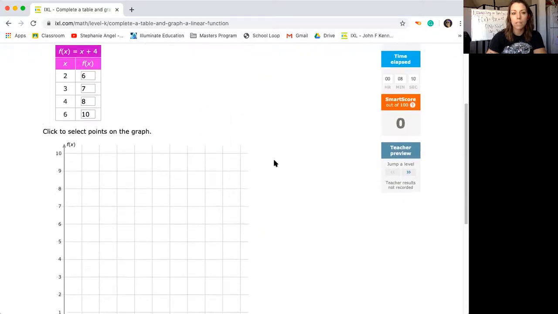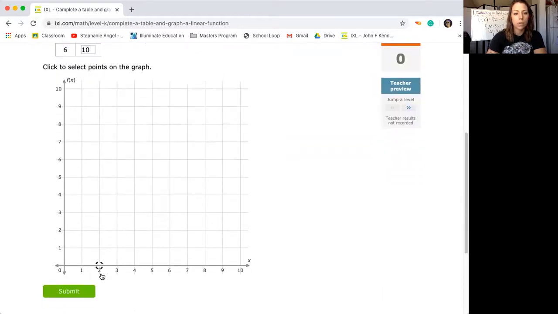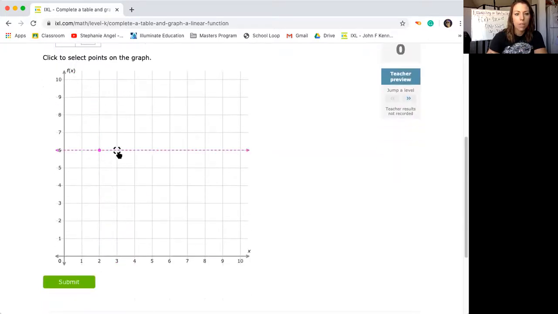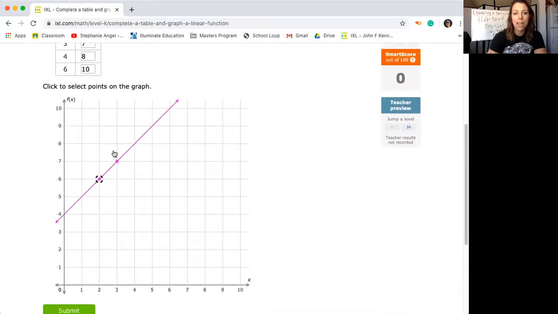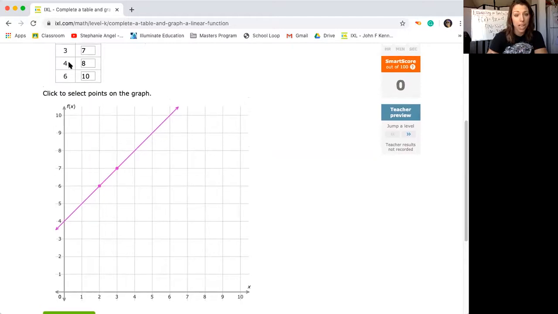Now I need to graph these points. So the first one is 2, 6. So I go to 2, oops, and then up to 6, and that's the first solution point. Then we have 3, 7, and look, a line started forming already. But just to make sure that my other 2 points are correct, I'm going to go ahead and check them. 4, 8 is right there, which is on the line, yay, and 6, 10, right there, also on the line,